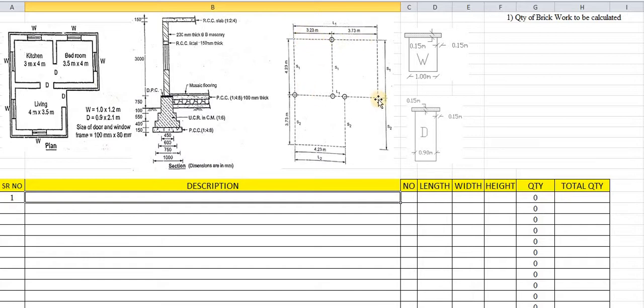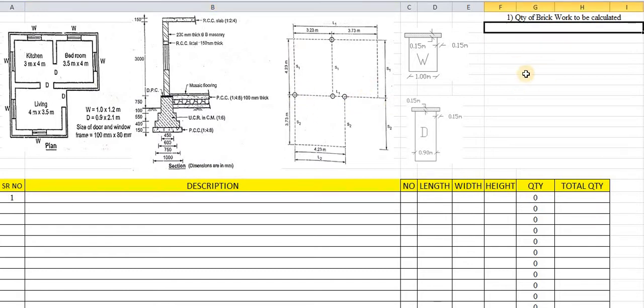So we are taking the horizontal direction as the long wall. This is L1, and what about L2? L2 is only one, that is 4.23. S1 are the divisions: S1 is 4.23, 3 numbers, and S2 is 3.73, 2 numbers. In this way we have decided that the horizontal wall is considered as the long wall, and the vertical wall along the y direction is considered as the short wall.